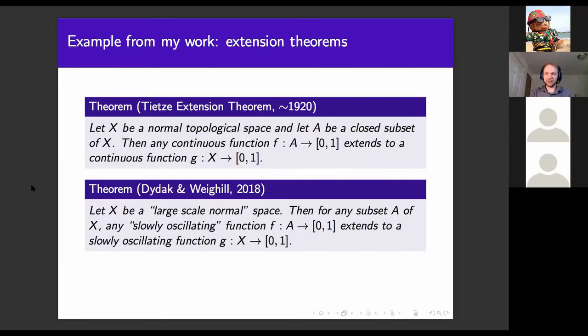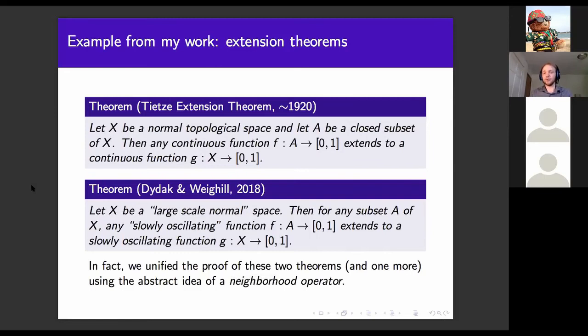And the reason I wanted to mention this is, again, we used a unifying framework. We didn't just prove the second one by itself. We actually unified the proof of these two theorems and a third one from Katětov from back in the 50s, using a single language called a neighborhood operator. And neighborhood operators have already been the subject of research at Stellenbosch University. For example, David Holgate and his students have been looking at that for a while from the categorical point of view. So this was definitely something that I was mostly aware of just because I'd been at Stellenbosch. And it turns out that using this framework allows you to unify a lot of stuff.